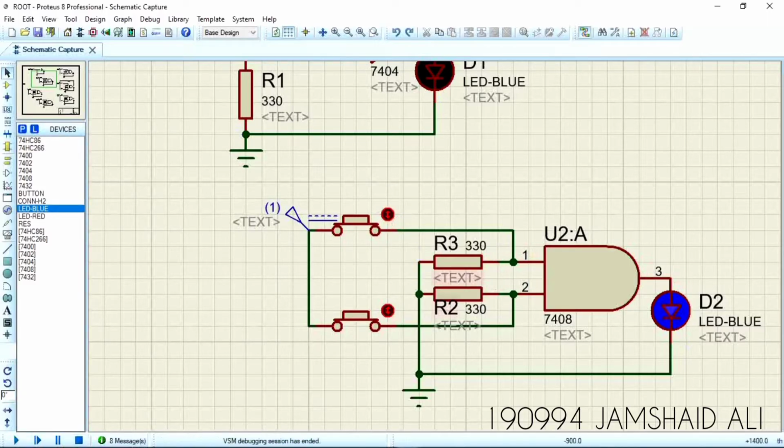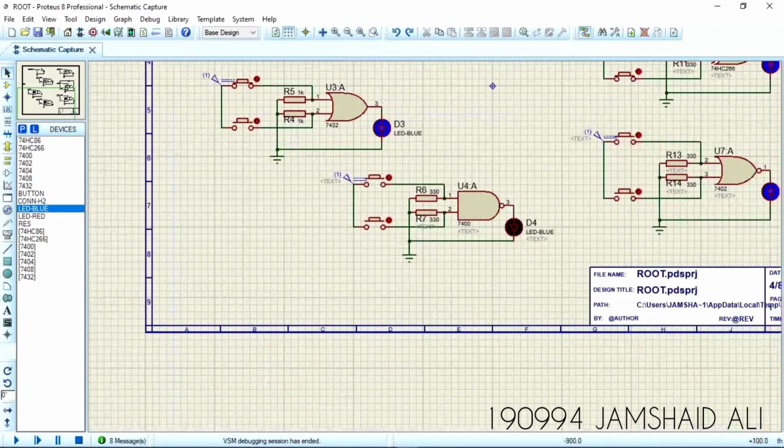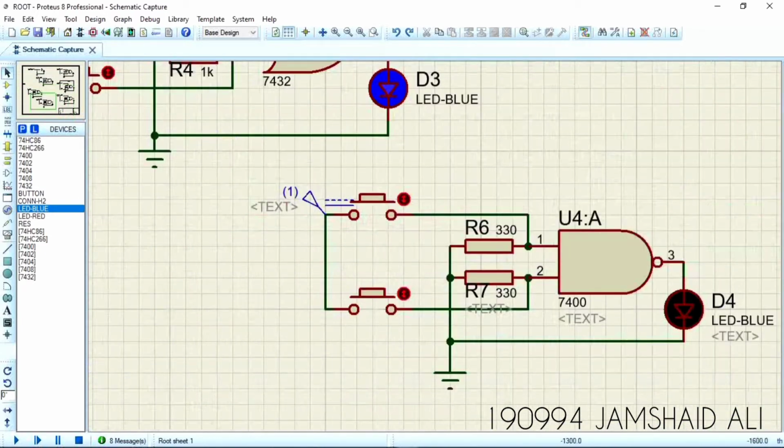Now I am going to discuss the reverse condition of this gate, which is the NAND gate. In the NAND gate, if both are 1, then the output is 0. Otherwise the output is high, because it is the reverse condition of the AND gate. Running this circuit, if both are 0, the output is 1. If one is 0 and one is 1, the output is also 1. If both are 1, the output is 0. We can also implement this circuit by connecting a NOT gate in front of an AND gate.